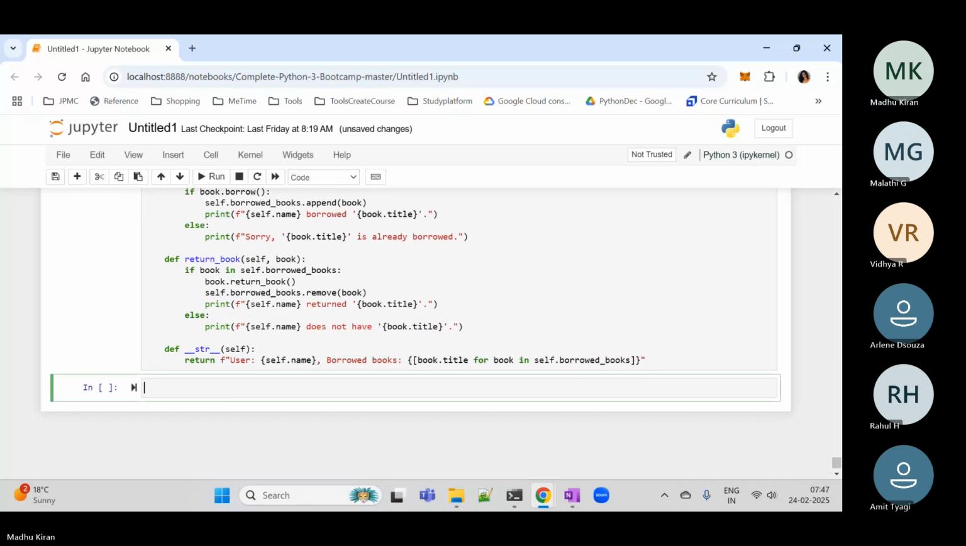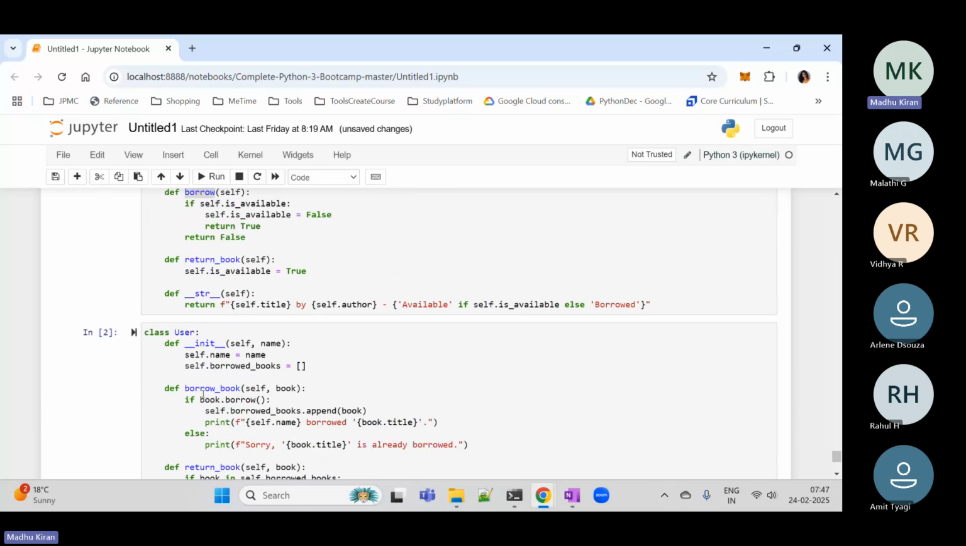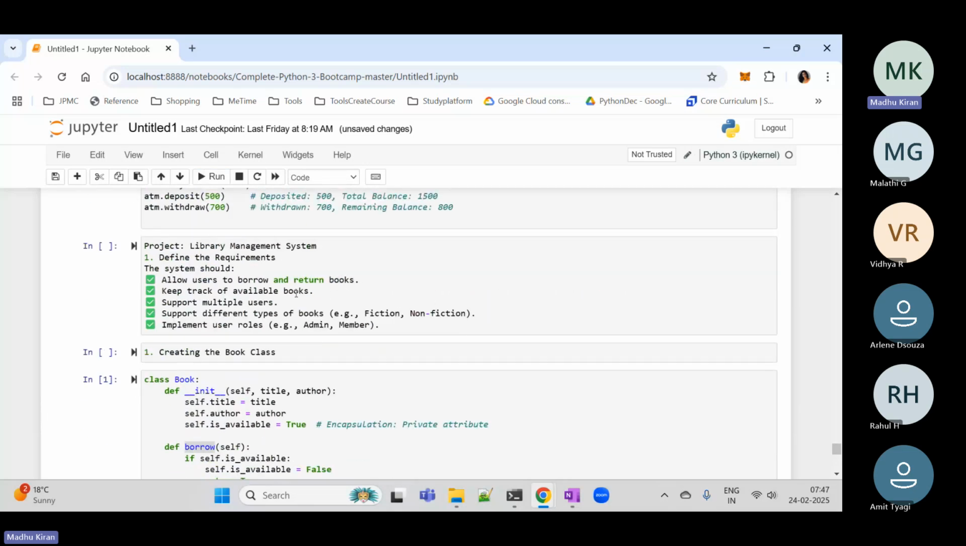So now we have to create admin. This is a normal user, the members. Okay, member. Similarly, we have to create admin. Then what we have to do? We have to keep track of available books. We will be creating a library management class. Okay. So before that,